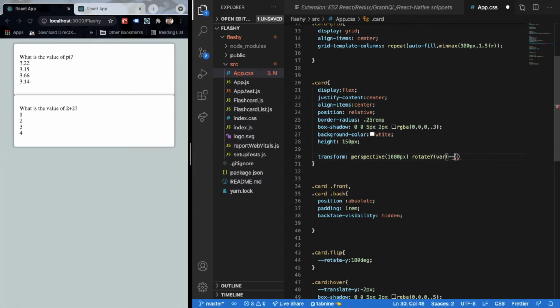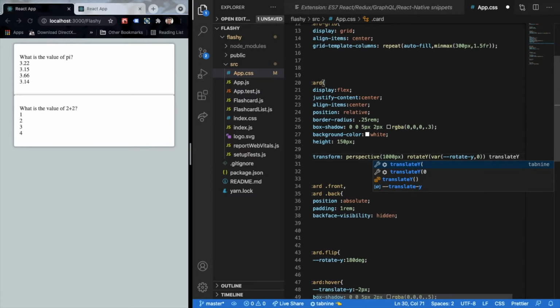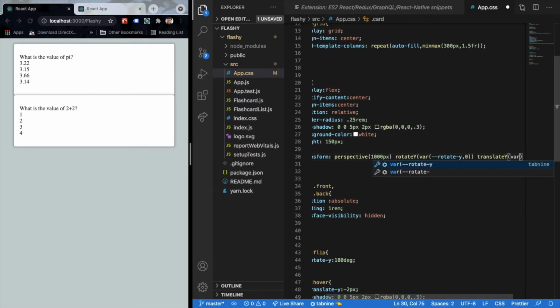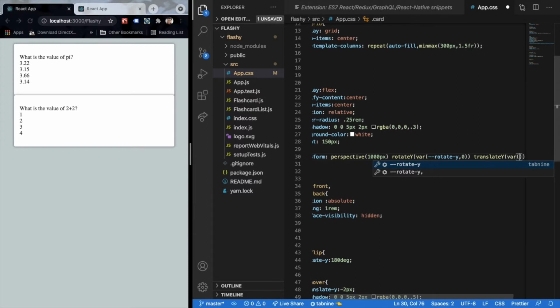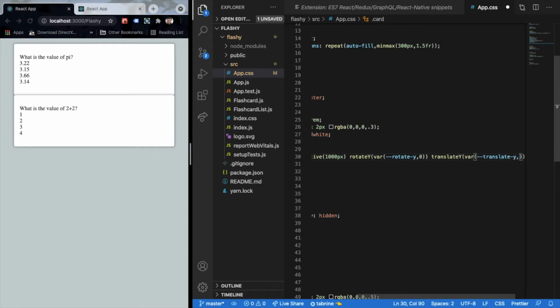So rotate is over here. Now let's add translate y, and I'll use my variable again over here, translate y, and then 0. So this would basically ensure that we are properly doing this.